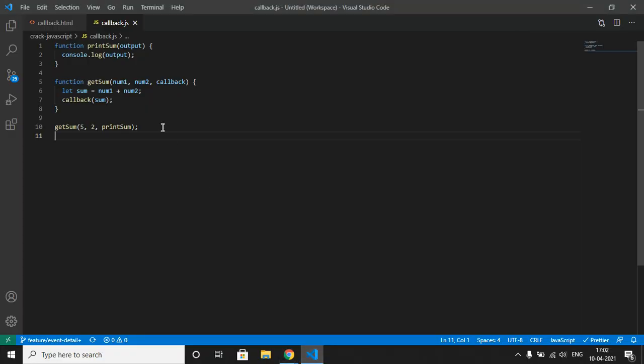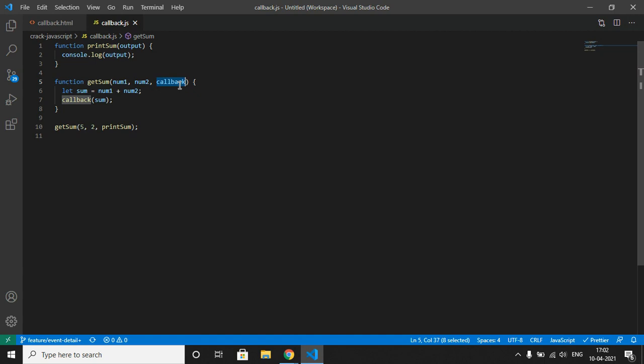So our getSum function is simply taking three arguments. First is num1, which is 5, second is num2, which is 2, and the last one is a callback function. So getSum takes another function, the callback, as a parameter and calls it inside.